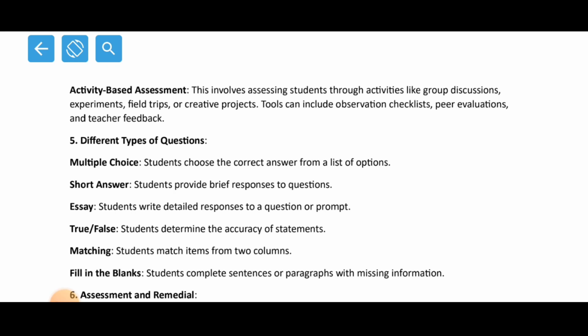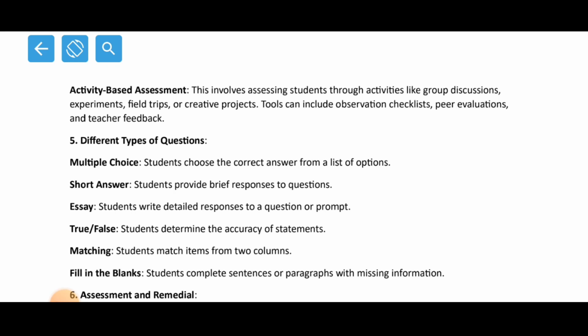Then we can take out the children for field trips, we can take them to museums, we can take them to zoos, right? We can take them to the parks, and we can show them certain things related to their studies, right? We can take them to places of historical importance, right? We can take them and we can give them some creative